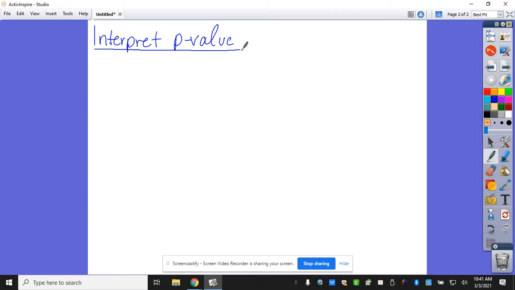And just to be clear, if I take the time to write an interpret sentence, what does that usually mean? It's going to be on the test. So we talked about what it is. It's under the assumption that what happens, that what is what? So if the null hypothesis is true,